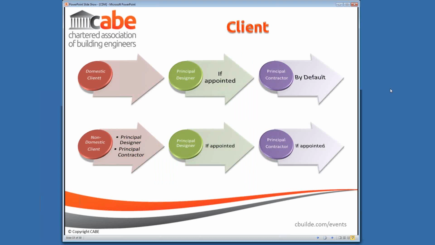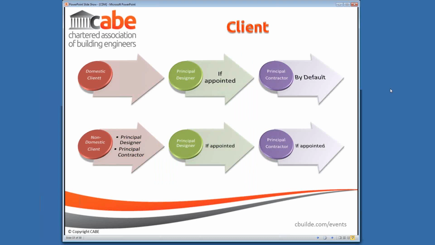Again, something that is detailed in the current regulations and the guidance that doesn't really get addressed going forward is the issue of the competence of the individuals involved. There is an emphasis on the client to appoint competent people to carry out their role. Now, a domestic client won't necessarily have the knowledge or understanding, or even be aware of the regulations, to the extent that they need to make sure that the contractor is competent. To be perfectly honest, most contractors in the small and medium sector may not be aware of what obligations they're taking on either.